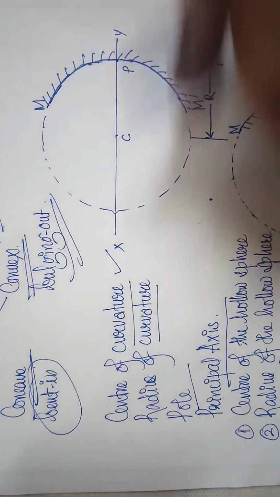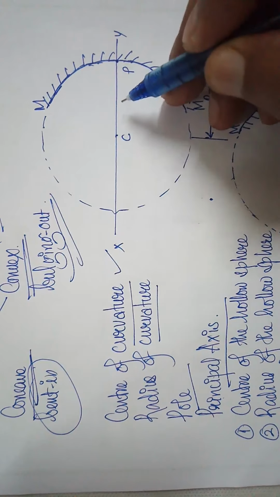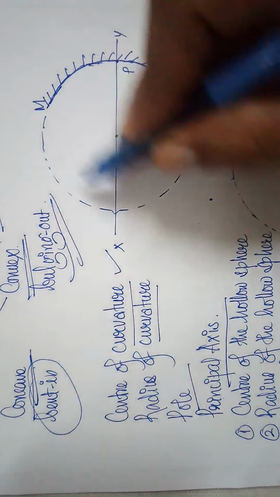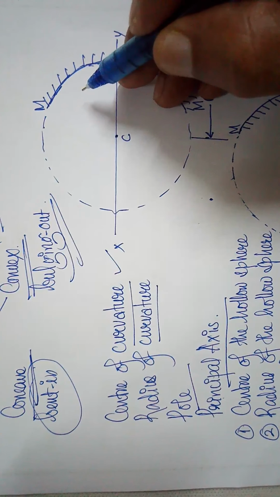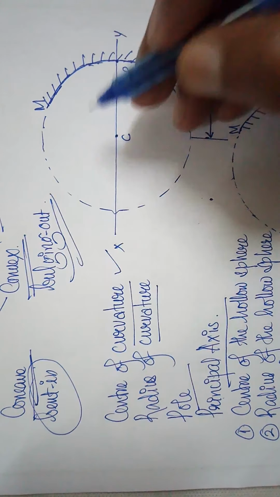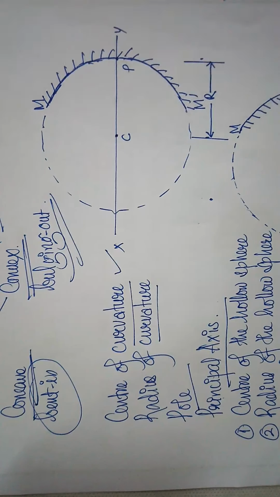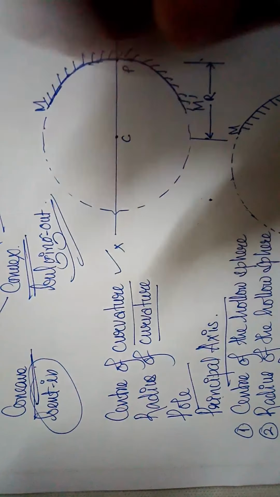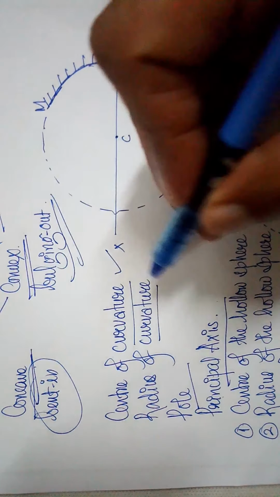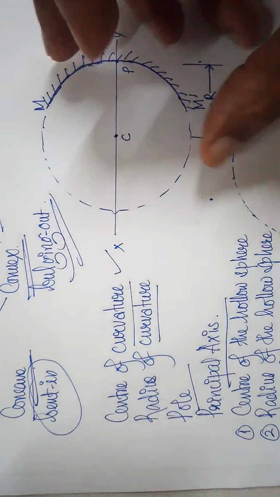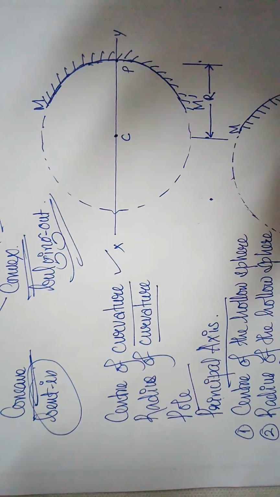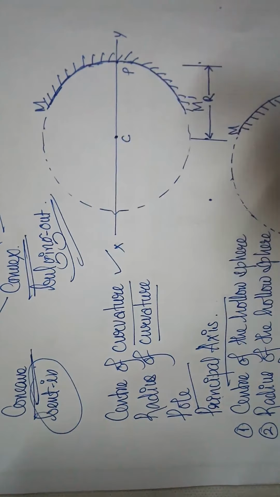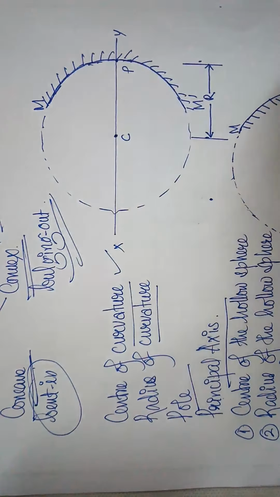When we extend the curve to form a circle or a sphere, the center of curvature is nothing but the center of the hollow sphere of glass of which the mirror is a part. The part of the sphere is taken as a curved glass or a curved mirror. The center of curvature is the center of the sphere of which the mirror has been made.